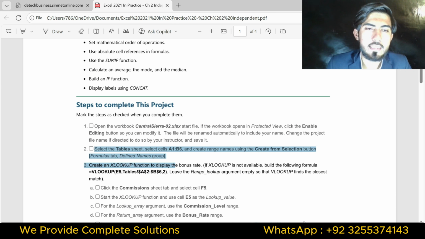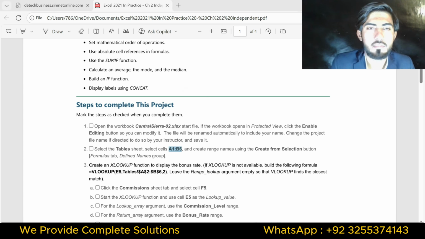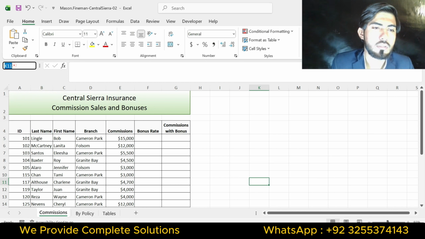Question number 2 is select the table sheet, select cells A1 to B6 and create range names using the Create from Selection button, Formulas tab, Defined Names group. Select this range, go to the Excel worksheet and paste this range.